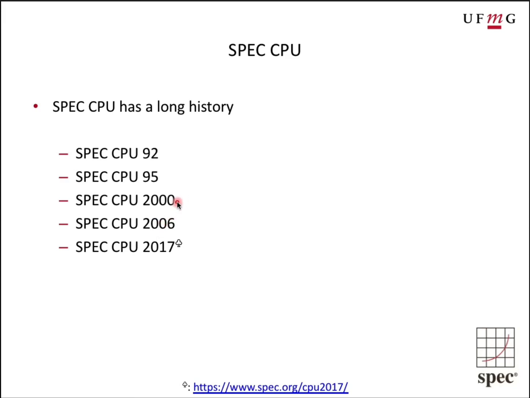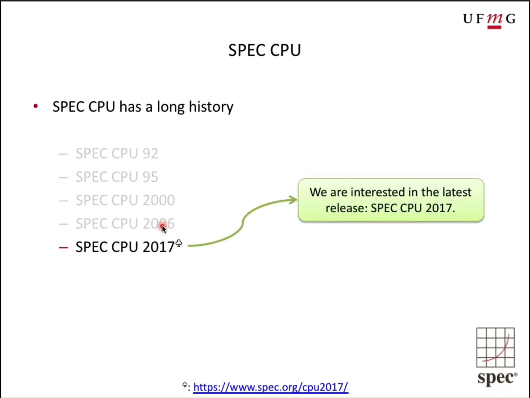But even though it's used a lot in compilers evaluation, nowadays we are in 2021, and we still don't see as many papers using SPEC 2017. We also see papers using SPEC 2000 and 2006. So here we are really interested in the latest version, SPEC CPU